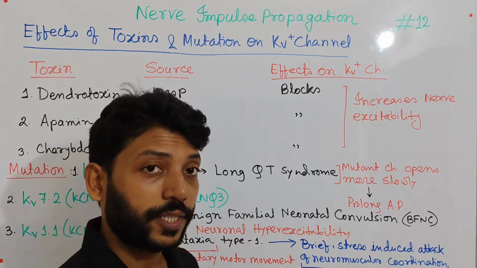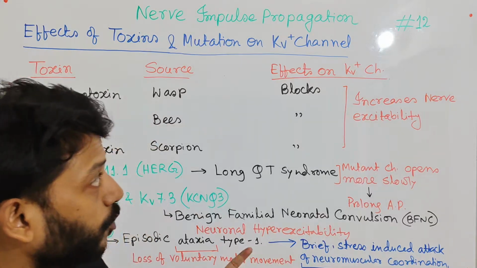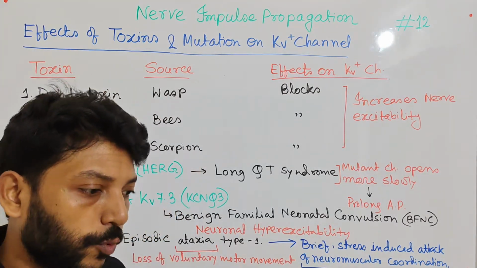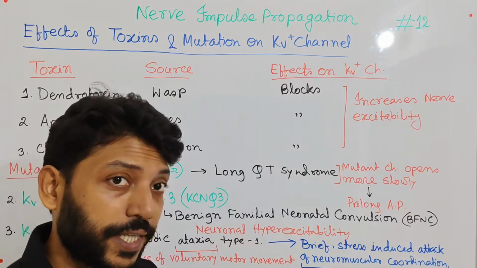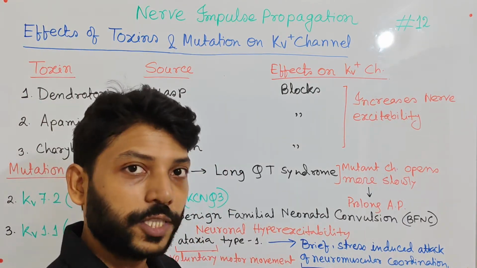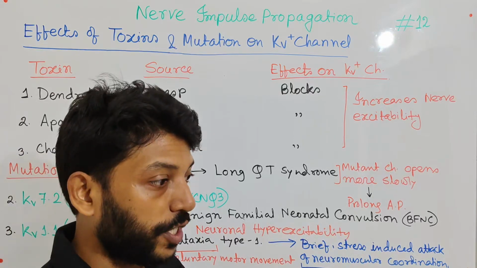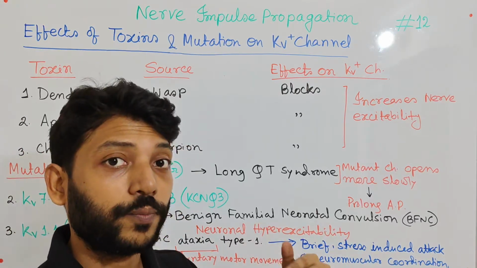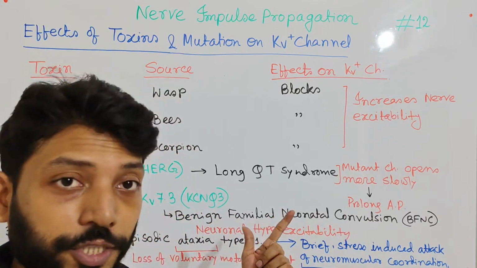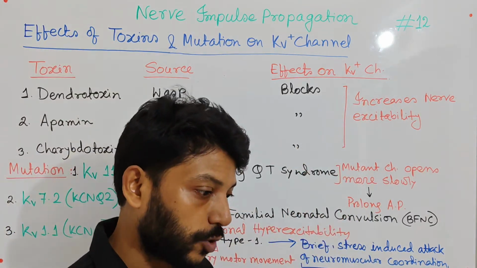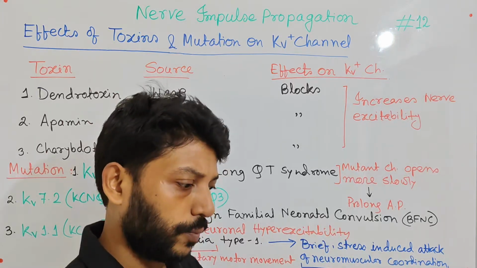Now why does nerve excitability increase? Because we know that the voltage-gated potassium channel is responsible for repolarization, and repolarization resets the action potential. That means at first the neuron is at resting potential, at minus 70 millivolts. When depolarization occurs, the membrane potential increases and can reach up to plus 50 millivolts. Then repolarization occurs due to the opening of voltage-gated potassium channels, and it comes back to minus 70 millivolts